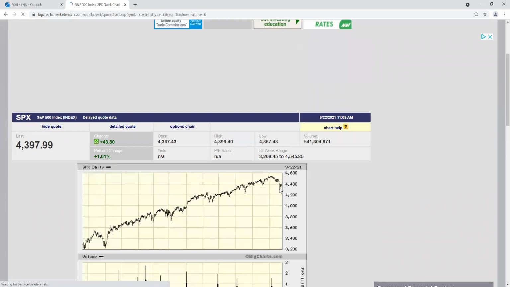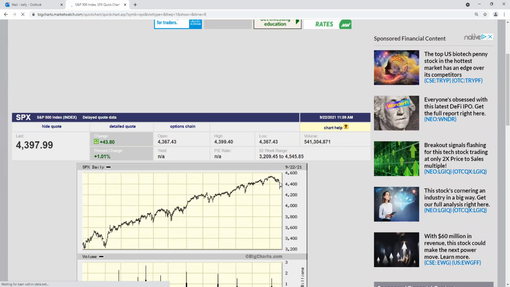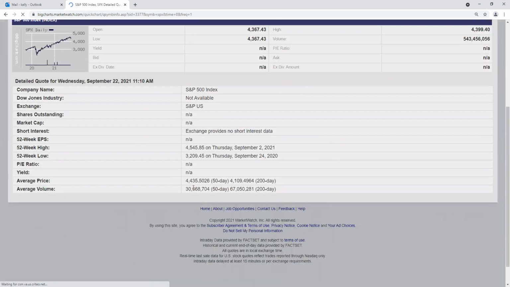But if we see a situation where the VIX is unable to get into the teens very well, and this thing goes up towards where this gap is, which is around 4450, let's say, and it can't break through there, and your VIX is right around that 18 to 20 area and starts going back into the 20s, then a retest of this or even taking out this might be in the cards. So again, a lot of the moving averages, let's just give you that real quick. I'll put up the moving averages here so you can see 4435. So that 4435, 4450 area, that's a neighborhood where this could be a rebound rally that fails.